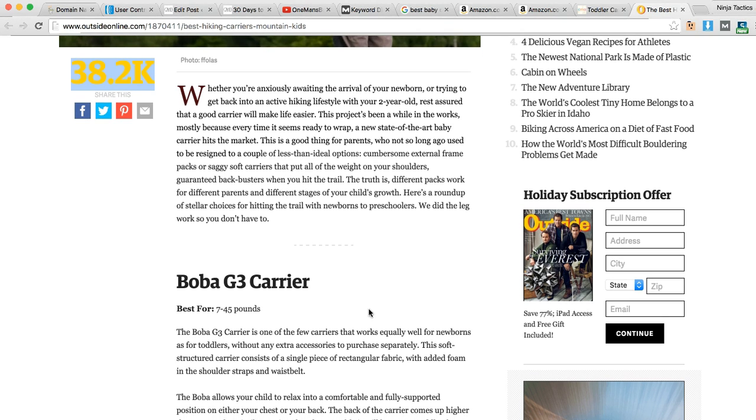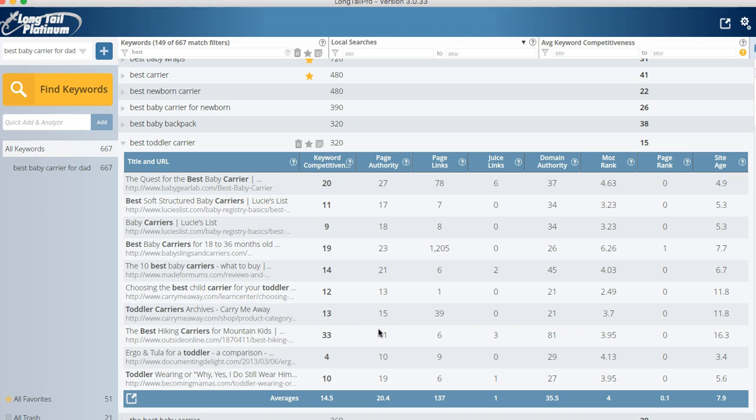Honestly, I wouldn't really worry about this, and that's probably why it's ranking quite low. It's ranking 7th there, and I'd say the reason for that is because I don't actually agree with best hiking carriers being relevant for best toddler carrier query, so that gets ignored. It would be good if we could just delete them or cross them out or something, but we can't. Anyway,